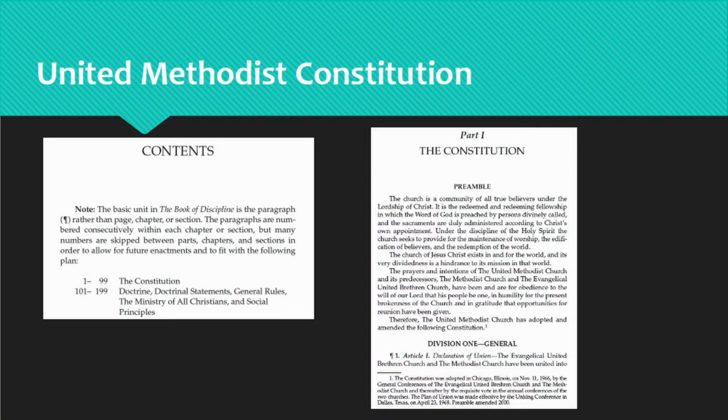The United Methodist Book of Discipline outlines the laws of the denomination. The first 99 paragraphs are reserved for the Constitution. Similar to a civil government's constitution, the United Methodist Constitution lays out fundamental rights and laws of the denomination. All other subsequent paragraphs in the Book of Discipline, as well as legislative or legal actions taken in the Church, can be evaluated against the Constitution. If something doesn't conform to the constitutional standards, then that law or action can be declared unconstitutional and therefore null